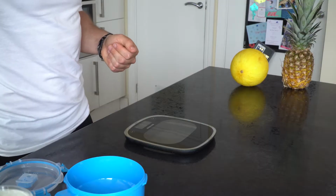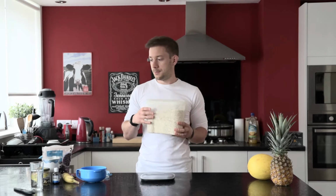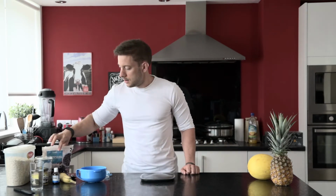So this recipe has 45 grams of oats, 200 grams of skyr, which is a type of yogurt, Icelandic yogurt, a banana, which is around 100 grams, some cashew butter, 5 grams of that, 50 grams of frozen blueberries, I get these from Tesco,